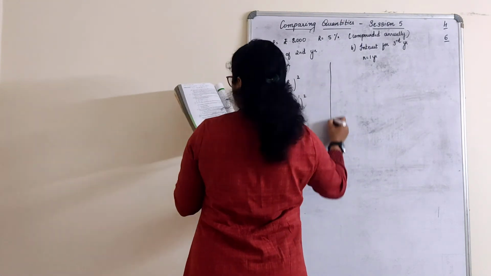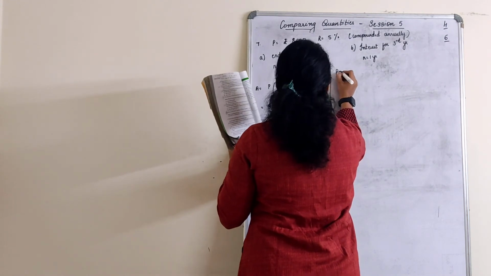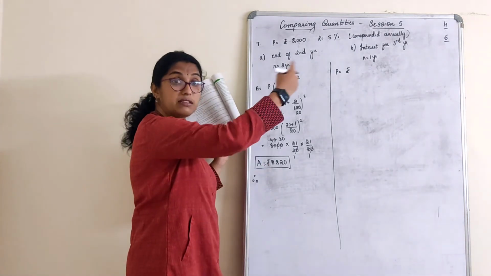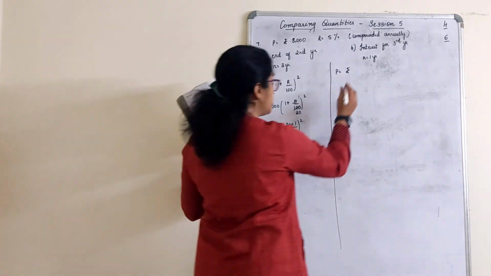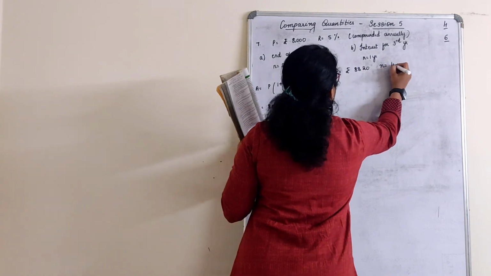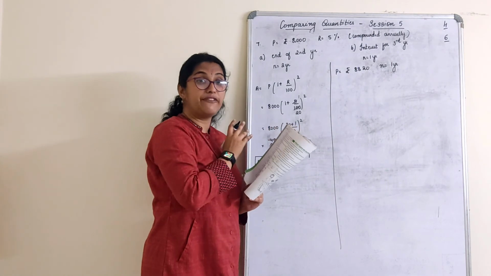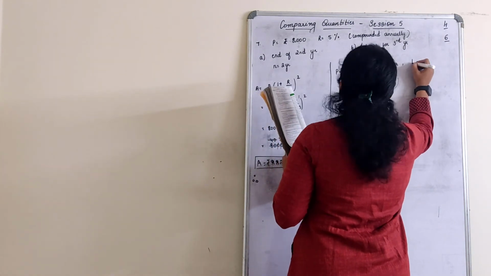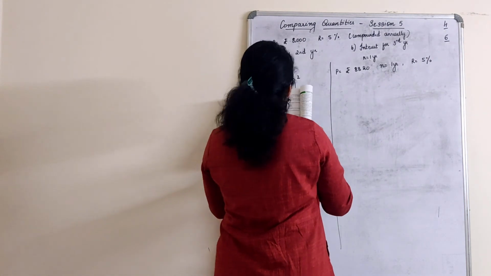Second, the interest for the third year. Now for the interest for the third year, what is the principal amount? Principal amount is not 8,000. Principal amount is this, because this amount is compounded, which means what? Interest is calculated on the increased principal. This is your principal. 8,820 is the principal, where time is 1 year. Third year it will start. So I can't take 3 years. 2 years are already finished. End of third year means 1 more year I have to calculate. And the rate of interest remains the same. No change in the rate of interest.